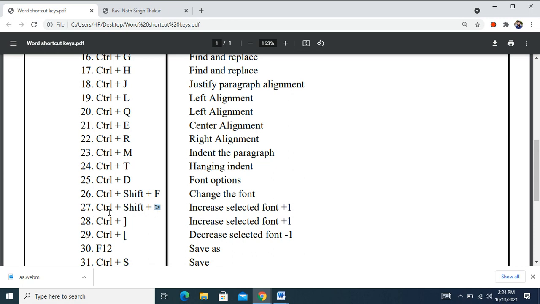So by using Control plus Shift and the opening angular bracket, the size of the selected font decreases.